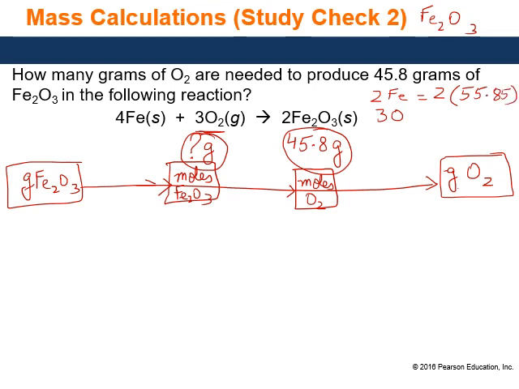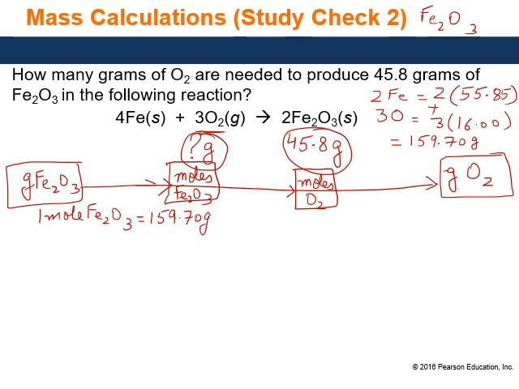Because I have 2, I double it. Plus 3 oxygen, 3 times 16.00. When you solve for this, it will give you a molar mass of 159.70 grams, which means my first relationship is 1 mole of Fe2O3 is